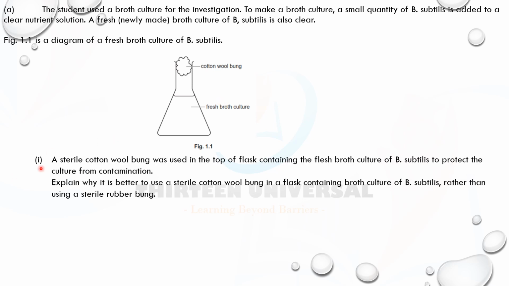Now look at this. A sterile cotton wool bung was used in the top of the flask containing the fresh broth culture of B. subtilis to protect the culture from contamination. So they put it there to protect against other microorganisms coming in. We want to ensure that it's only B. subtilis that's here. Now, this is your first question. Explain why it is better to use a sterile cotton wool bung